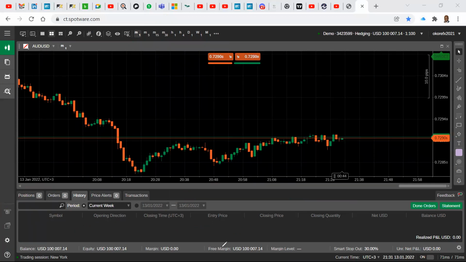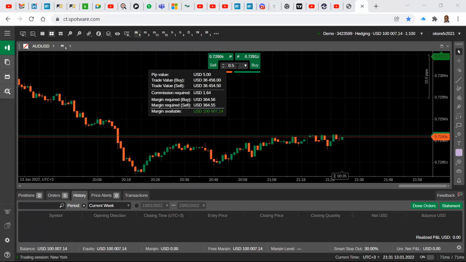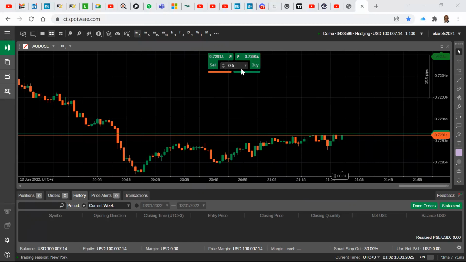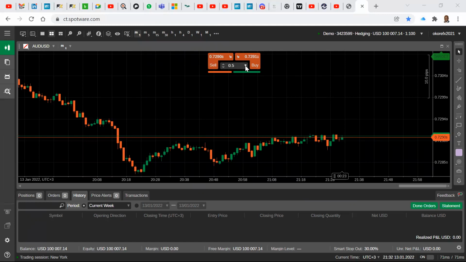So assuming that you wanted to test the platform, all you have to do is come here, okay? The default, we can make this as low as possible. Right now it's at 0.5, but I can change it to the smallest.